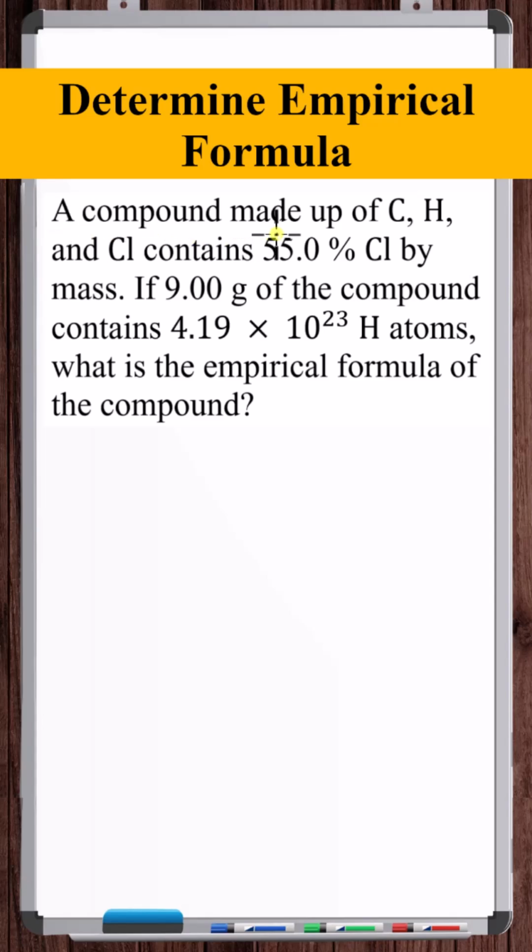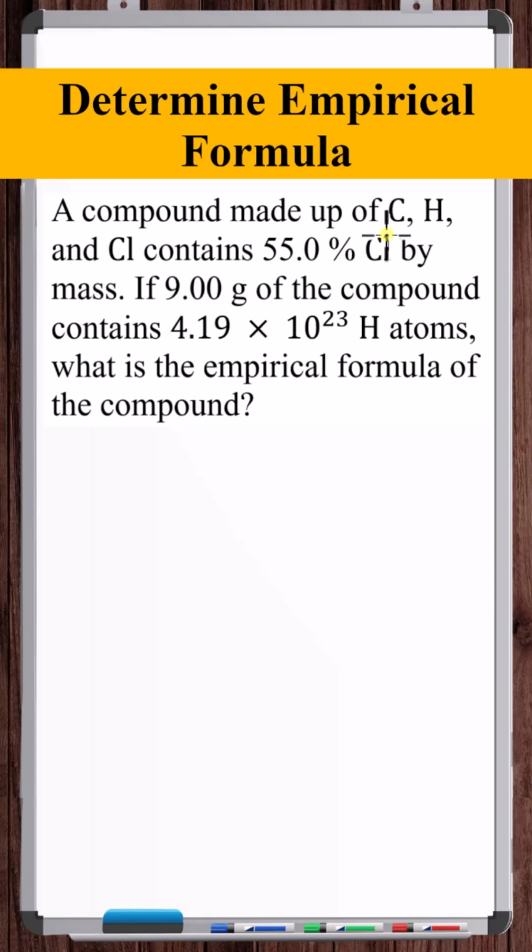A compound made up of carbon, hydrogen, and chlorine contains 55% chlorine by mass. If 9 grams of the compound contains 4.19 times 10 to the 23rd hydrogen atoms, what is the empirical formula of the compound? So to determine the empirical formula of this carbon, hydrogen, and chlorine compound, we need information about